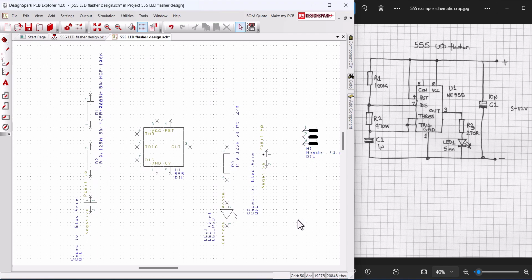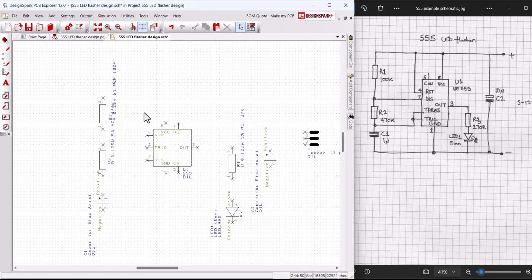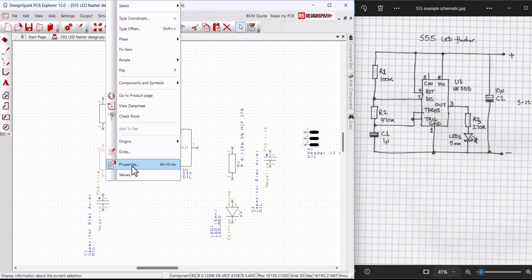We now have all the components loaded and ready to route. Some components have long part numbers, etc. So let's now tidy up the text before placing the nets. Here we illustrate how to just display the resistance value for R2. Click on the component, not just the text, to highlight and show that it is selected, then right-click and select